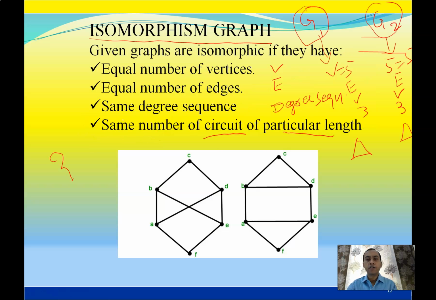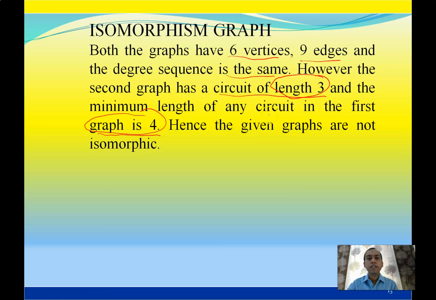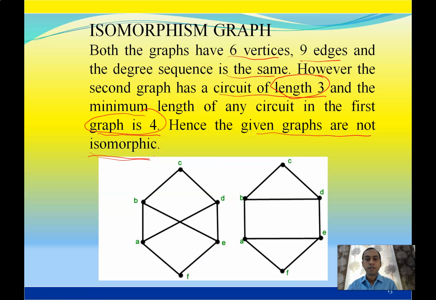Okay, so see here, यहाँ circuit length कितना है? Circuit length equal to 4 and here circuit length is, what is circuit length here? 3. How 3? Find. So it is written as length of any circuit of the graph. So this is the graph. Here circuit length is 4. This is also a node, जैसे E, D. So here 4 circuit length. Here circuit length is 3.